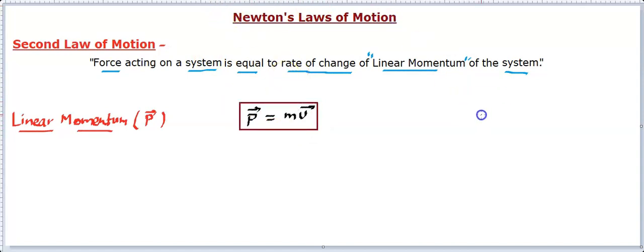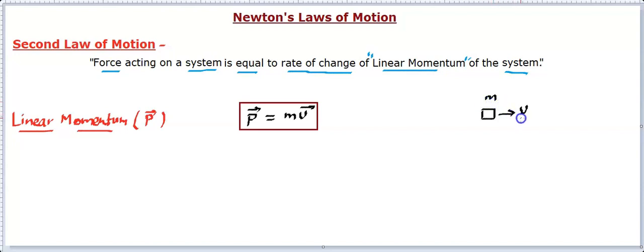So the idea is, let's say you have an object which carries mass m and it is moving with velocity v. The mass of the object normally remains fixed, and v is the velocity with which it is moving. So its motion comes from the velocity. Now in kinematics, we used this velocity to describe the motion. We were not worried about the mass. Since we are talking about dynamics, in dynamics mass plays a very important role because that's the inertia.